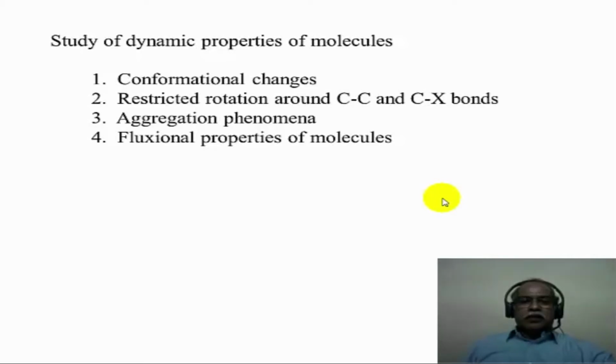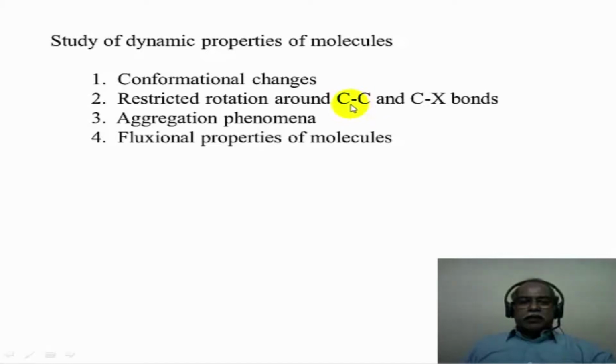Now, NMR spectroscopy is a very powerful tool and it can be used for a study of several different types of dynamic properties of the molecules. Some of the dynamic processes are listed here, which can be studied by NMR spectroscopy. Conformational change, a chair form of cyclohexane going to another chair form, for example, can be studied by NMR spectroscopy. Bond rotations, carbon-carbon bond or carbon heteroatom bond, the restricted rotation of this kind of bonds can be